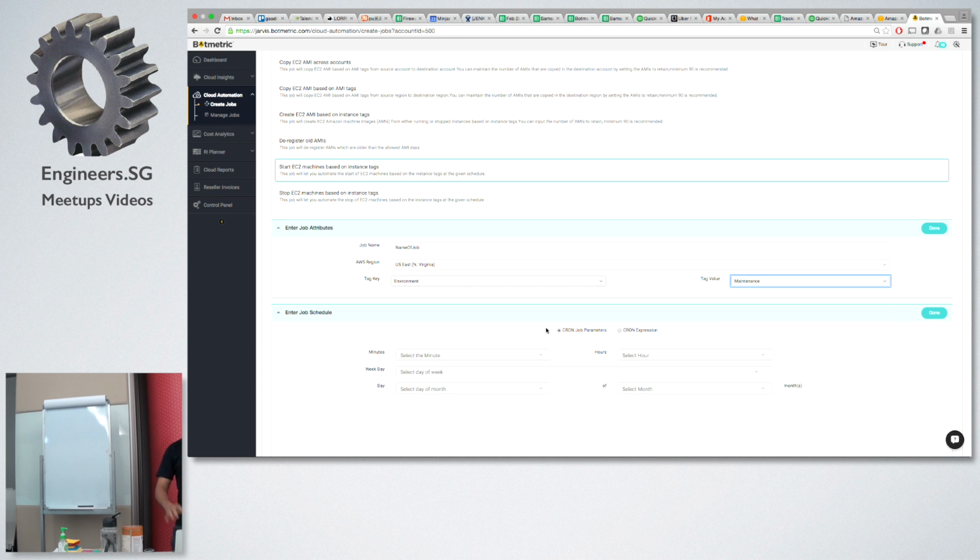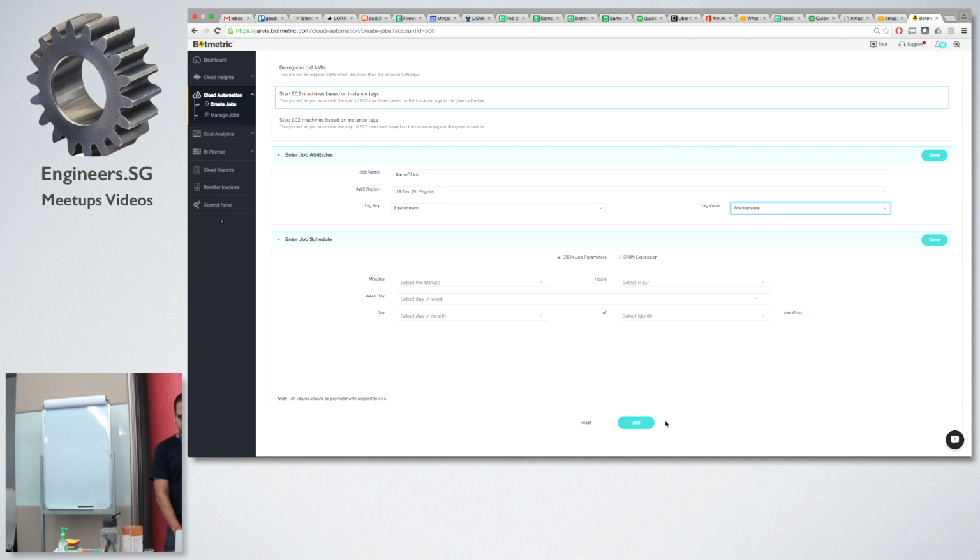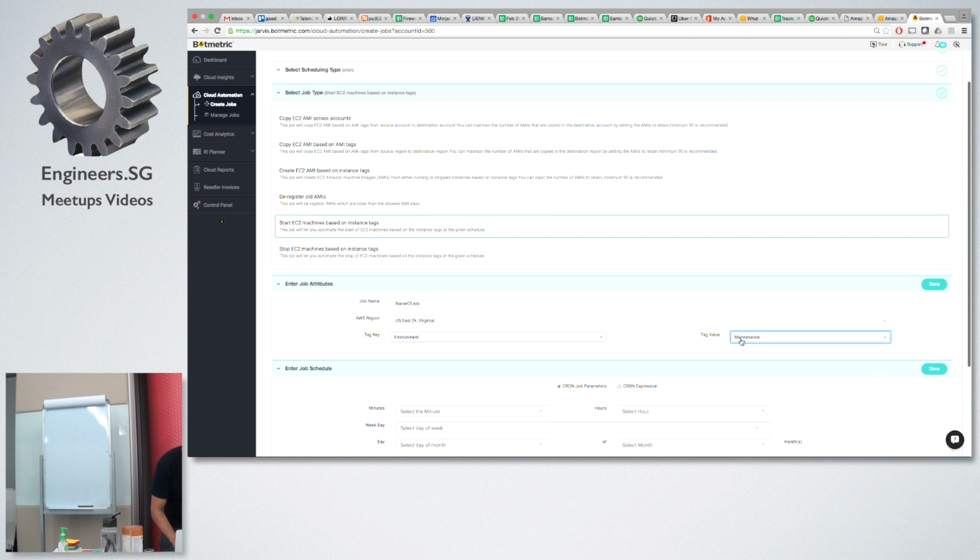Once this is selected, I can define either a cron expression, if I have one, or the time. Then the machines with this particular tag, the maintenance tag, will be started at that particular time, and I will have corresponding stop tasks so that I can switch off the instances when they're not in use.